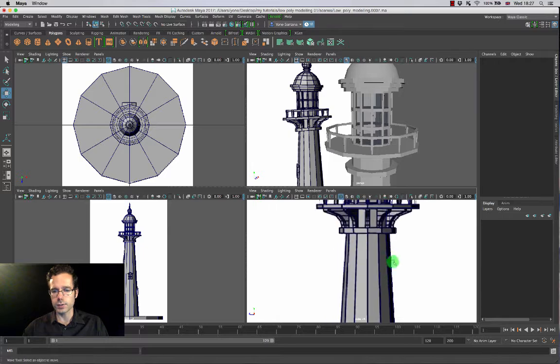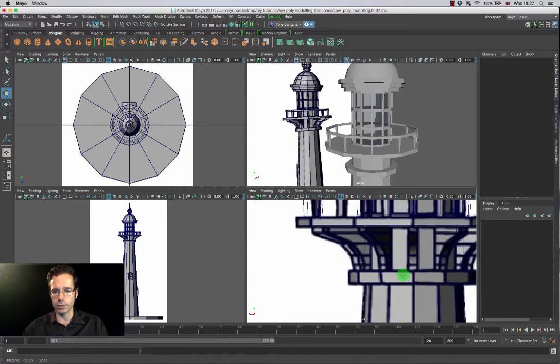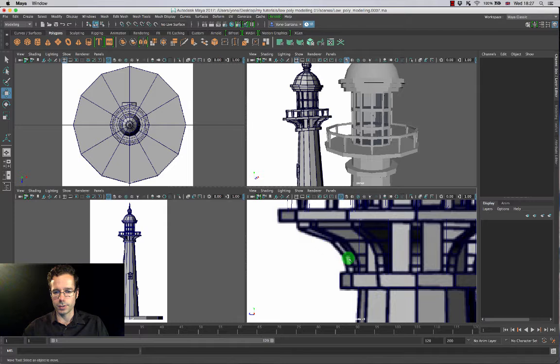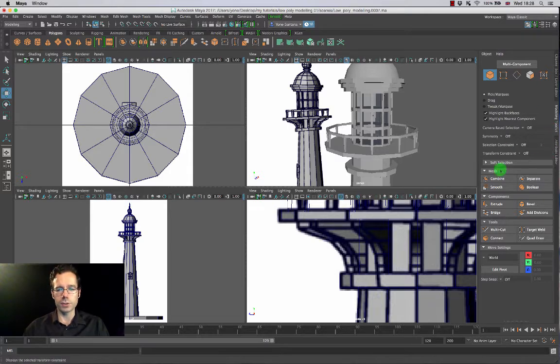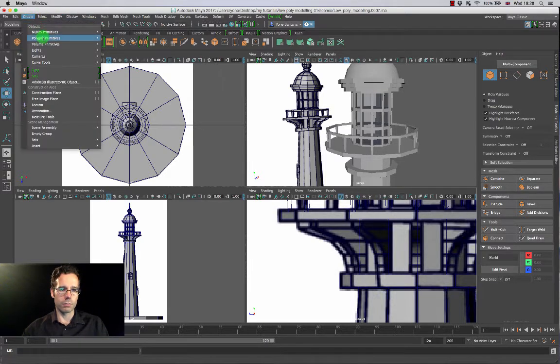So what I'm going to do is that in the side view, I'm going to zoom in over here, because I originally made these support struts out of a new box. I'm going to introduce another tool which is very handy inside of Maya, but is not inside of the modeling toolkit, but it's been in Maya for a long time and I think it's absolutely great. I'm going to come over here, I'm going to select to make a polygon box as well, so I might need some of my multiple views open. I'm going to come over and go to create polygon primitives, make sure that I've got interactive creation turned on,